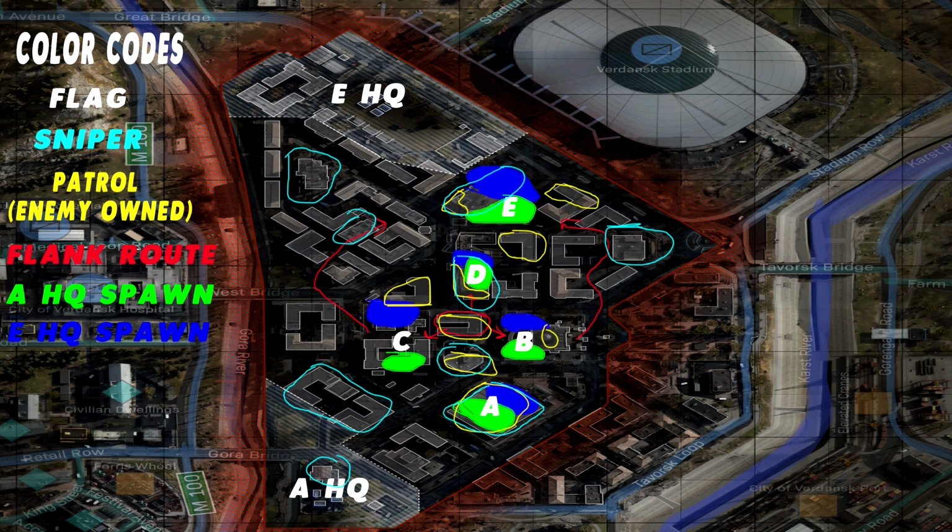So here's the overview of our plan. This time I have the color codes on the left so you guys can see what each one means. What I mean by patrol enemy owned is that if an enemy owns that flag, that's where you want to be to patrol it. So this is what the overview of the plan looks like. I have separate images for each color code so we can go over what they mean, but that's the overview of Tavorsk District and what your strategy should be if you're going to be trying to go for longer streaks